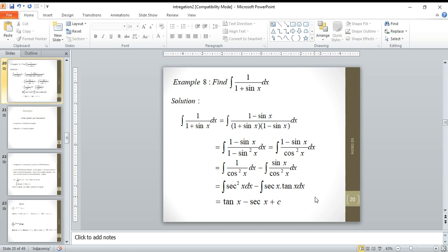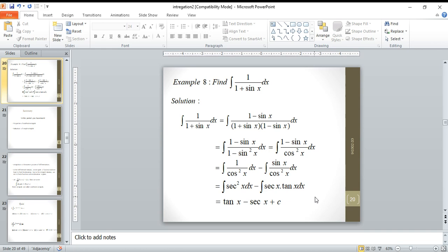Next, example 8. Find the integration of 1 by 1 plus sin x dx. Solution. So 1 by 1 plus sin x, rationalize it. We don't have another route, just rationalize it. So that is integration of (1 minus sin x) by (1 plus sin x) into (1 minus sin x) dx. The numerator is 1 minus sin x as it is. The denominator is 1 plus sin x into 1 minus sin x, which is